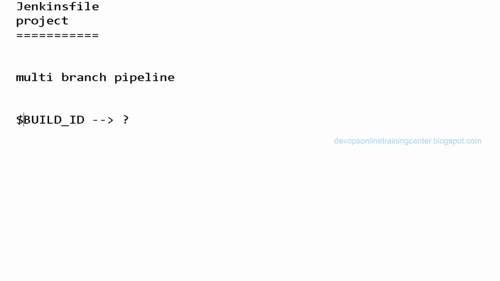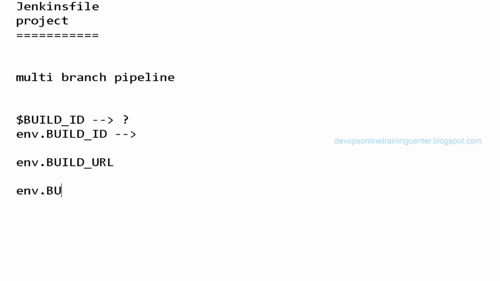We can use $BUILD_ID, or something like env.BUILD_ID. This is also the same. It's an environment variable, and it can be printed in the Jenkinsfile using env.BUILD_ID. Then BUILD_URL: URL is nothing but the Jenkins URL.